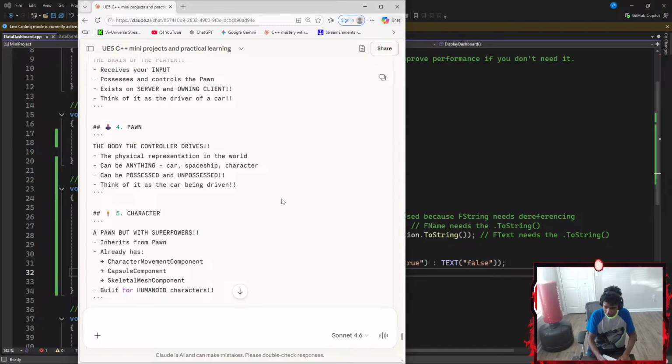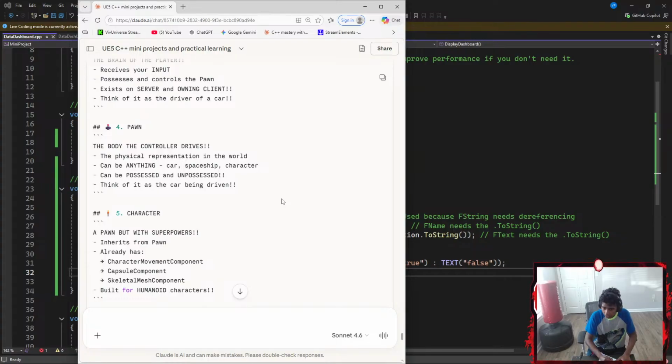Let's go with something like the physical representation in the world. And then it can be anything: car, spaceship, or character.